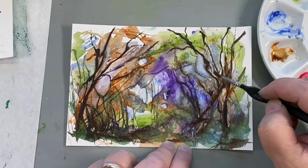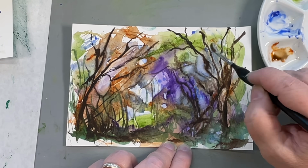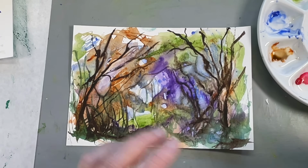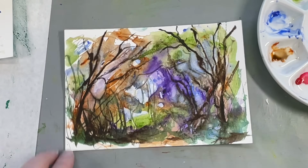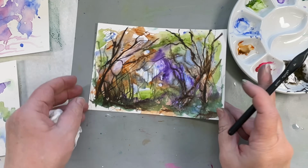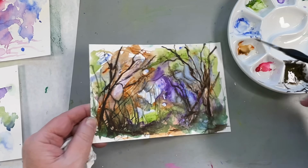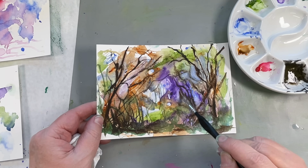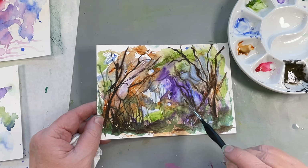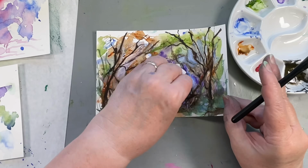It's funny, I go silent when I'm really in the zone with a painting. It gets so quiet. All right, I think for now anyways, I'm going to leave it there. I keep going back and forth on lightening and darkening this area, but